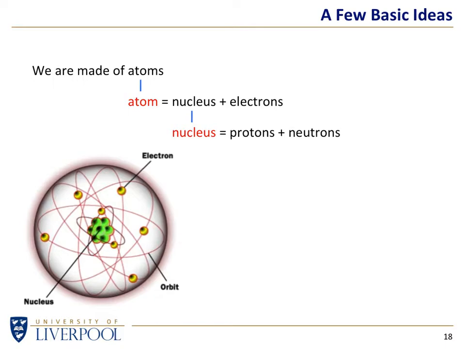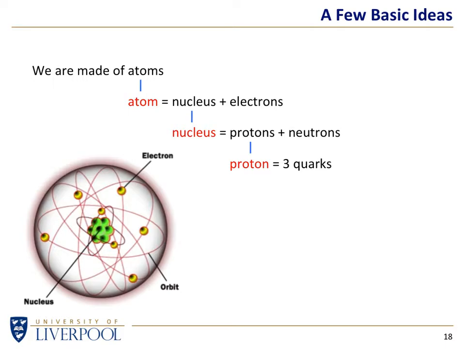Protons have got a charge. Neutrons don't have a charge. So protons repel each other because they're all positively charged. Neutrons don't have a charge. But protons and neutrons are not fundamental either. They are not fundamental in the sense that we can cut them open and find out what's inside. And when we do that, we find that protons and neutrons are both made of stuff with a stupid name called quarks, or quarks, depending on if you're English or American.